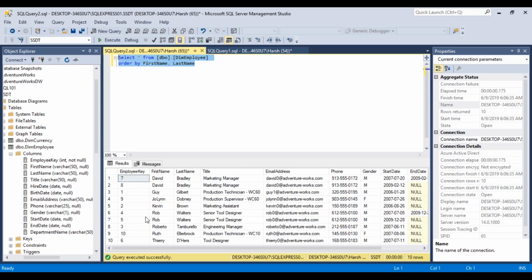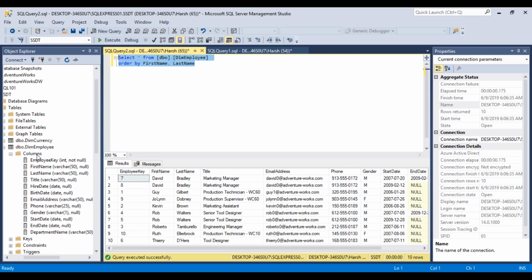Now we take a closer look at the data. We can see the first name and the last name. The title is basically the job title, and all the other attributes are either type 1 or type 2, which we have to decide. So the first step is to identify the business key in this table. Which columns are the key columns, the business key columns in this table, for which we want to retain the history? Now we look over here on the left-hand side at the columns, we see that the employee key is